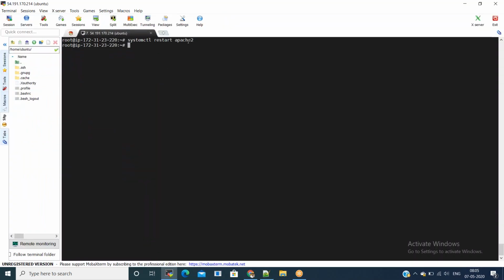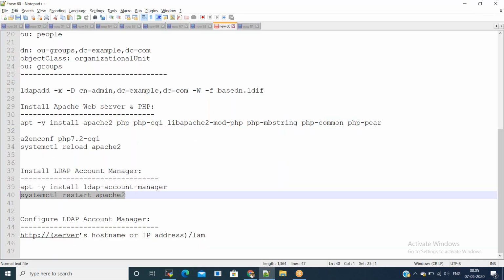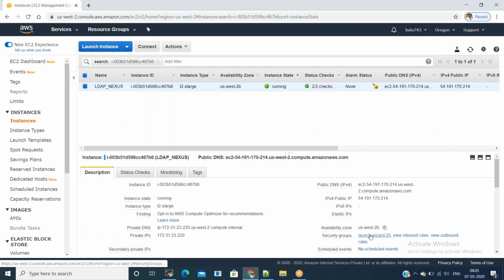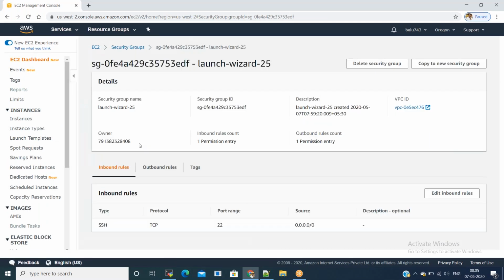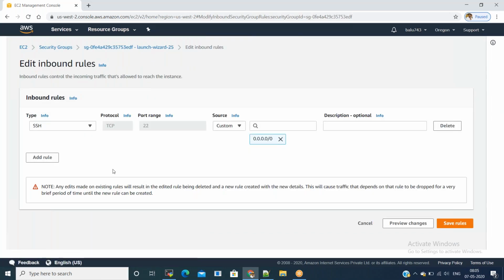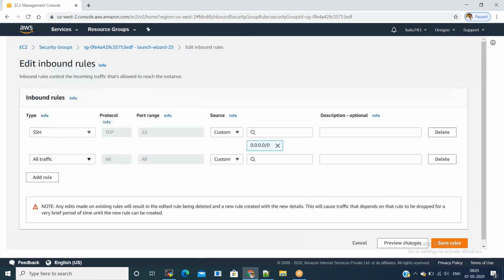We have restarted, and now we can go to the security groups and we can allow the HTTP port so that we can access LDAP account manager through the Apache server.